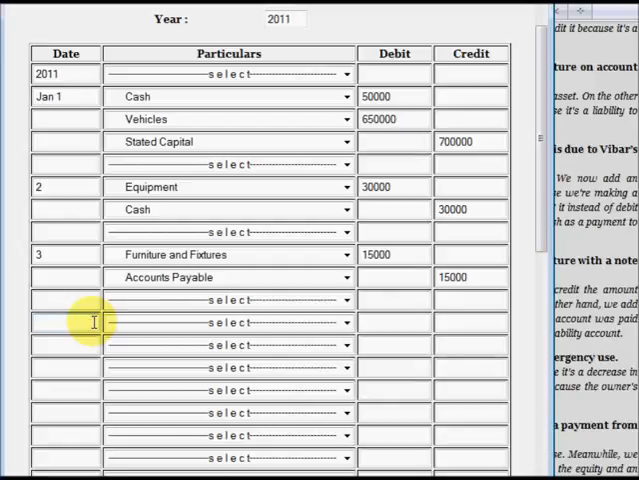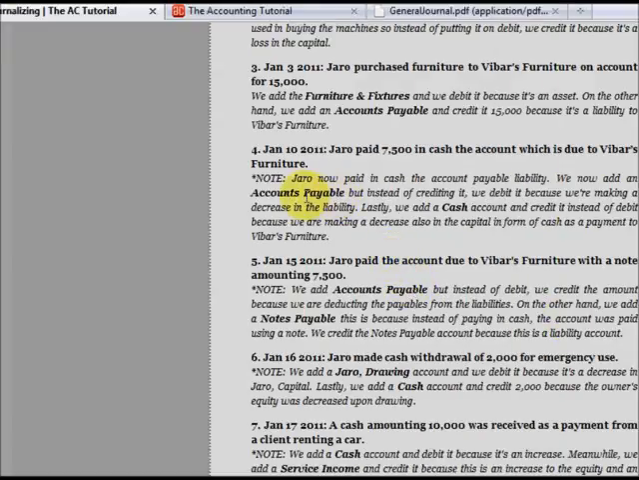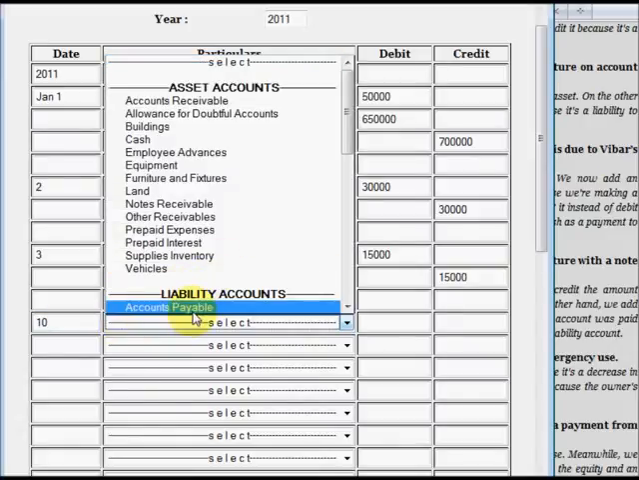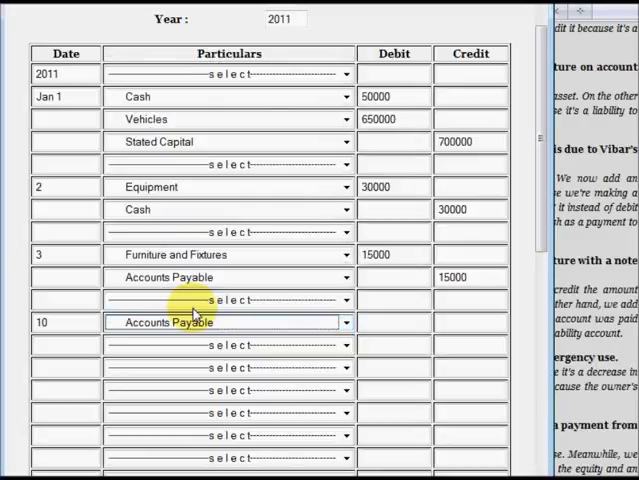Next transaction is January 4. Rather, item number 4, January 10, 2011, Jaro paid 7,500 in cash the account which is due to Vibar's Furniture. Jaro now paid in cash the account payable liability. We now add an accounts payable, but instead of crediting it, we debit it because we're making a decrease in the liability